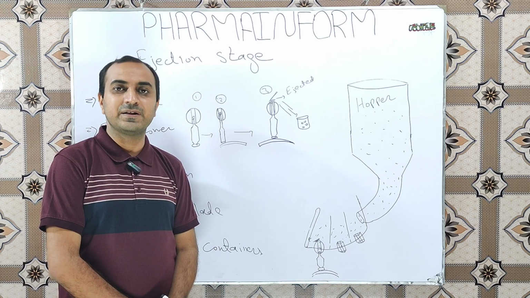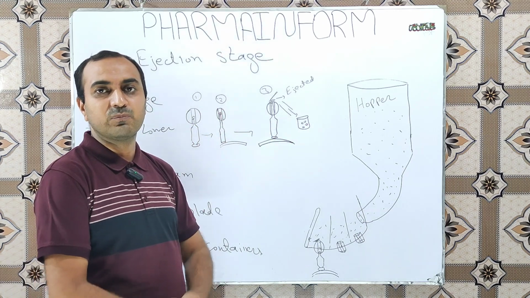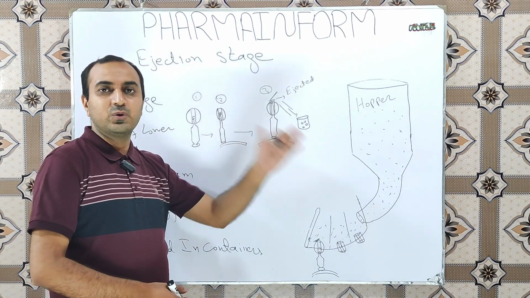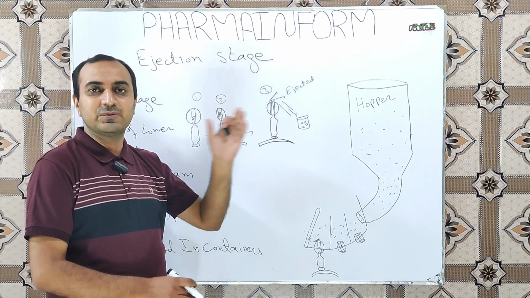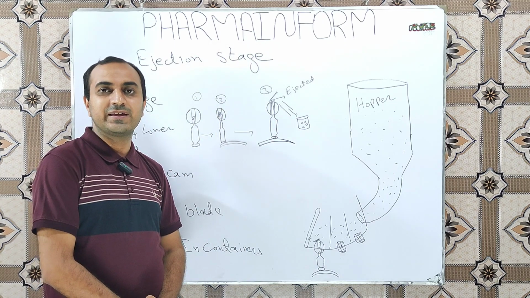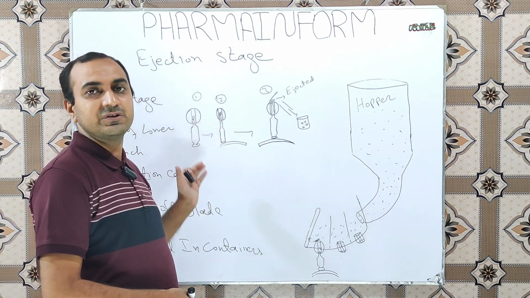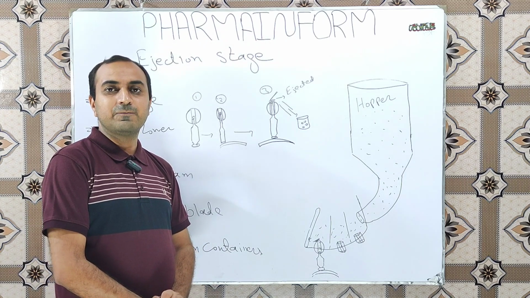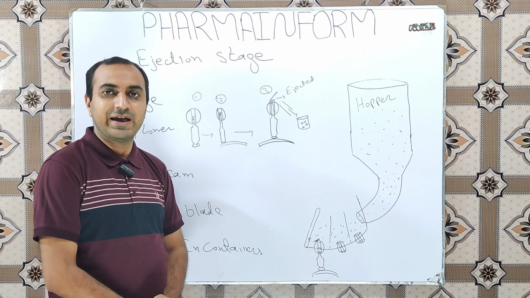After the tablet is compressed in the die cavity, it is necessary to remove this tablet from the die cavity to continue the cycle of the compression. Meaning when the tablet is removed from the die cavity, this die cavity is again filled with powder, weight is adjusted, pressure is applied, and again it is ejected. So this cyclic process continues until the compression of the whole batch.